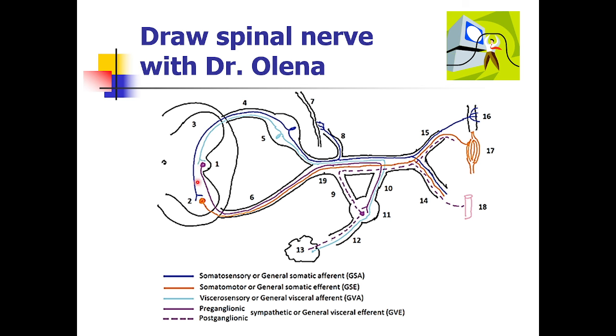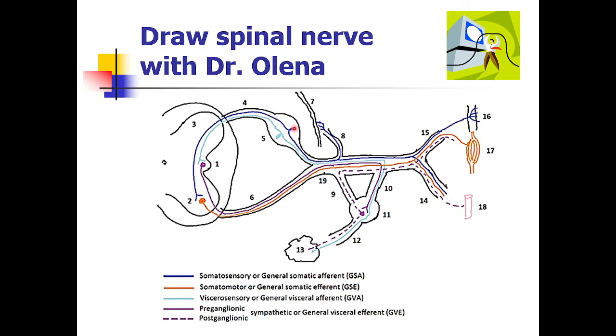Help me please. Number 2, what is that? Ventral horn. Number 3, dorsal horn. Number 1, lateral horn. Number 4, dorsal root. Number 6, ventral root. Number 5, dorsal root ganglion. Number 19, spinal nerve, very good. Number 15, dorsal primary ramus. Number 14, ventral primary ramus. Perfect. Now, those in red are my motor neurons in the ventral horn and how they run to reach the skeletal muscle. Yes? Very good.